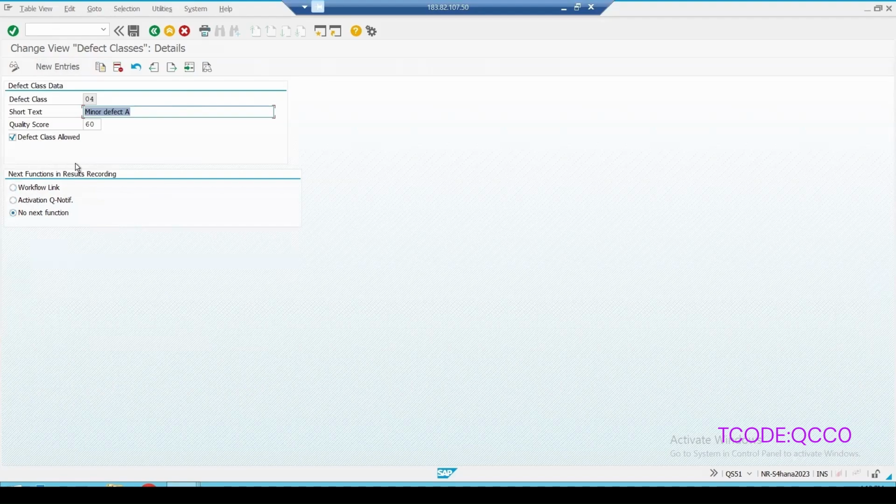And here, for the next function in the result recording, you can select whether you want to create a notification, no function should be carried out, or any workflow is required. So if I want to raise a notification, then we can select this activate quality notification.